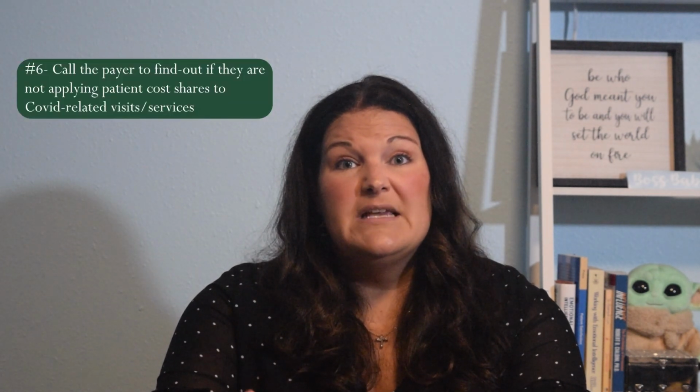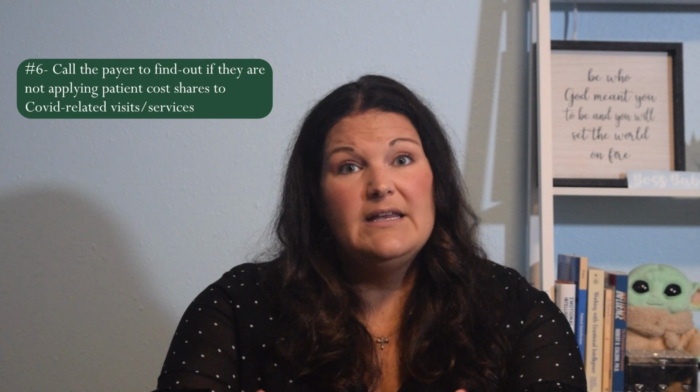You need to call the payers and find out if the patient is being seen for anything COVID related, if that wipes clean and they don't make them responsible for any cost share, patient cost share amounts. So if they had a COVID test, a COVID diagnosis, a lot of insurances are still waiving those patient cost shares. So I would definitely be asking, if you can't find it on their portal, the information, call and speak